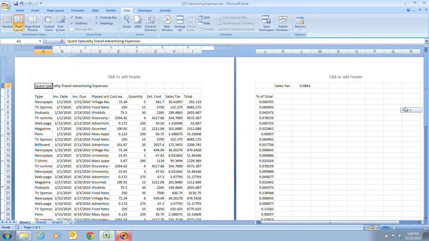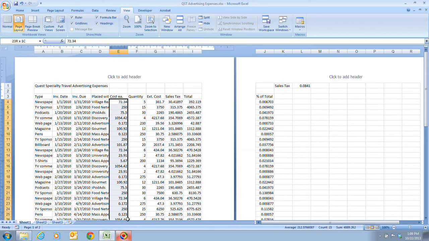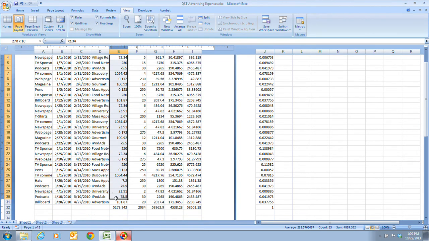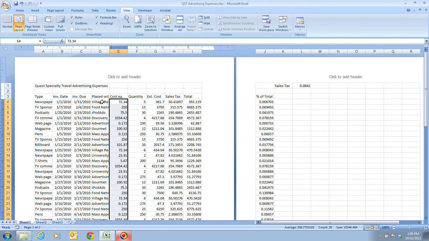Now, step 2 tells us that we're going to select the range E4. So here we have E4. And we're going to select all the way down to E32. So we're selecting this column of data right here. Not the entire column, just the selected information, just the numbers. And then what we're going to do is we're going to click on our Home tab,